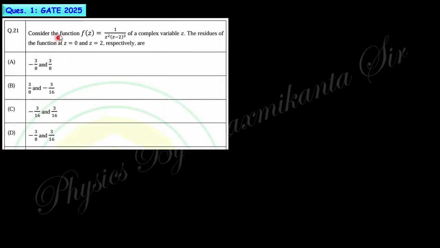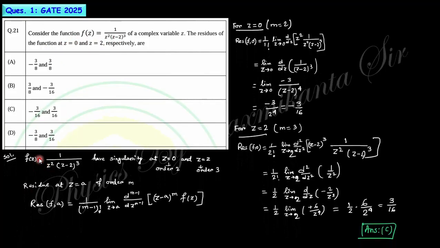This question says: consider the function f(z) = 1/(z^2 (z-2)^3), where z is a complex variable. The residue of this function at z = 0 and z = 2 respectively. So if you consider, there is a singularity at z = 0 of order 2 and at z = 2 of order 3. So the residue at z = a of order m is given by the formula,